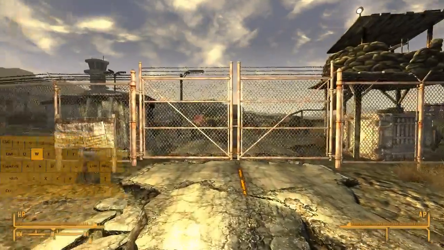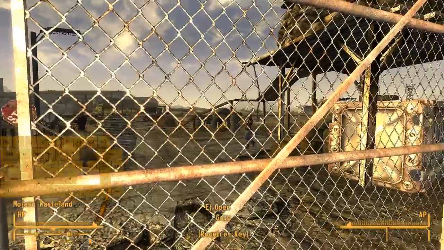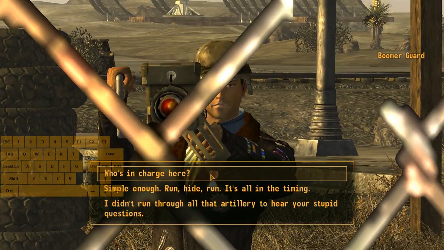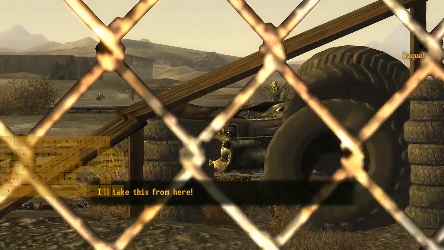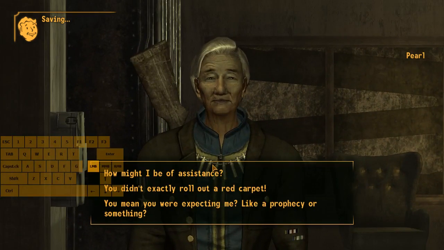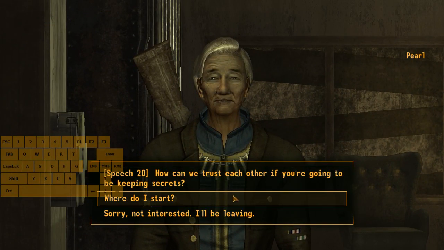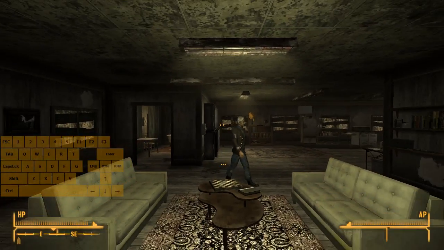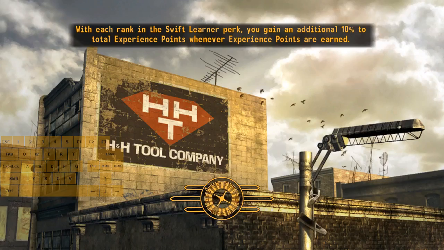That will bring you right in front of the gate and also trigger the boomers. Top options. Top options again. And when you talk to Pearl, you want to also pick the top option, then the middle option. Bring up a gun and exit. And now we're going to fast travel